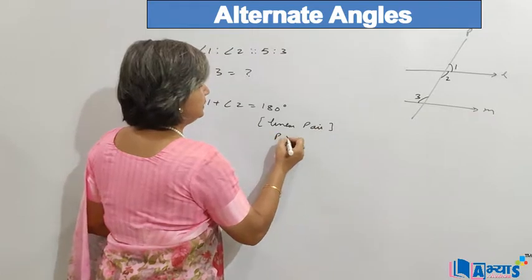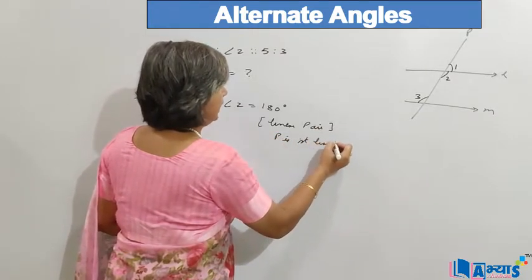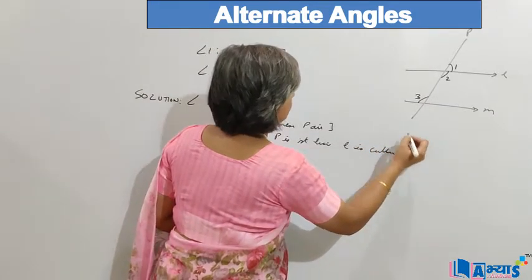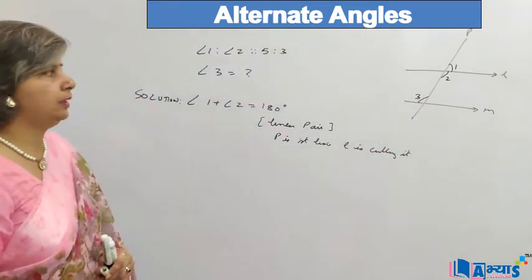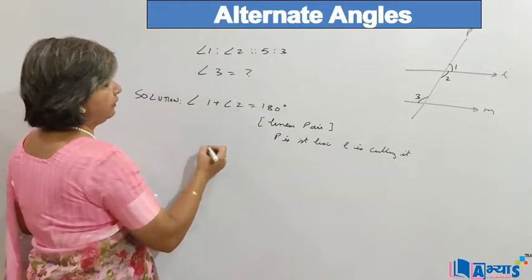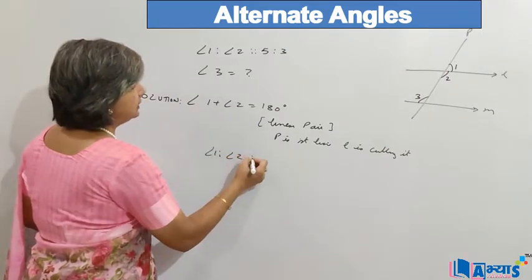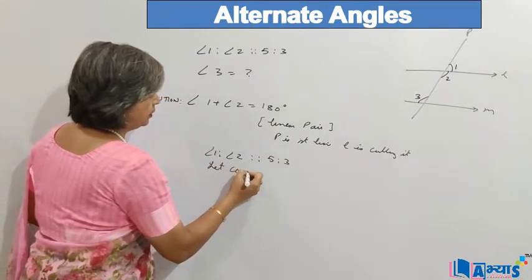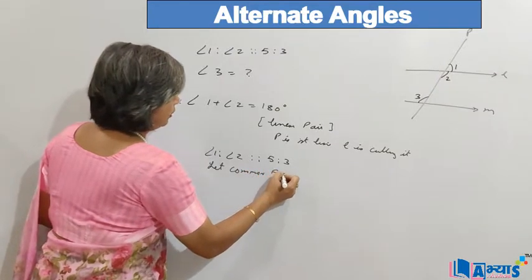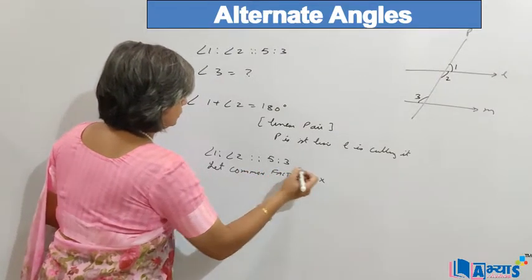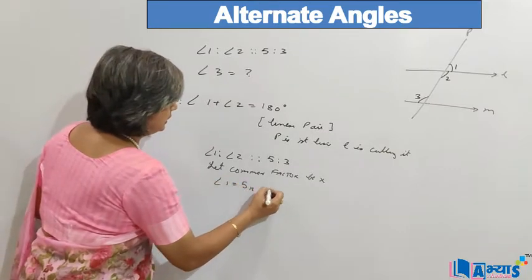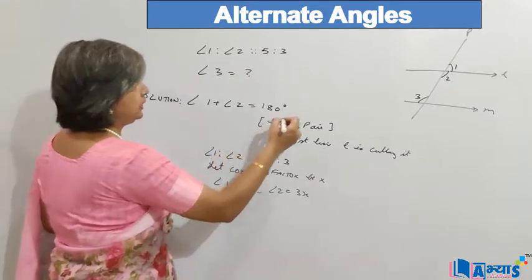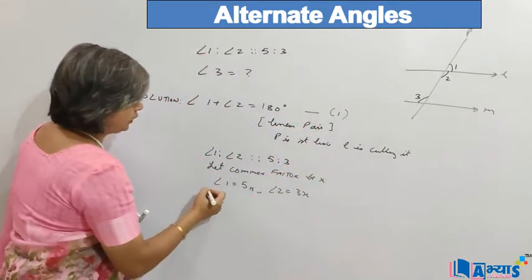Because P is a straight line and L is cutting it, angle 1 plus angle 2 will be 180 degrees. But we know that angle 1 is to angle 2 as 5 is to 3. Let the common factor be x. So angle 1 is 5x and angle 2 is 3x. Let us suppose this is equation 1. Putting the values of